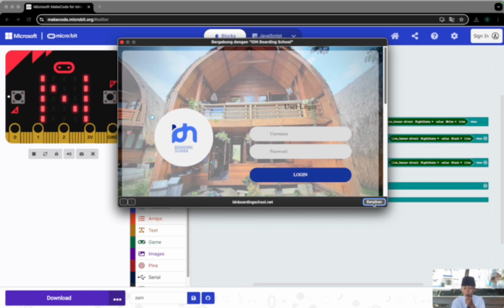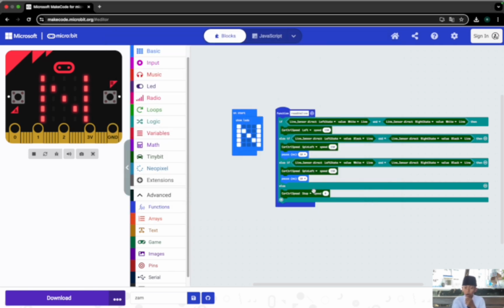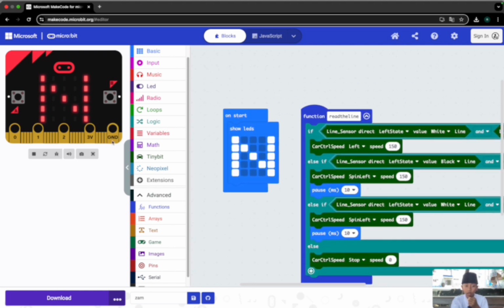So here I will explain about this code. In this code, on start will show the LEDs. When the coding starts, it will show this LED.